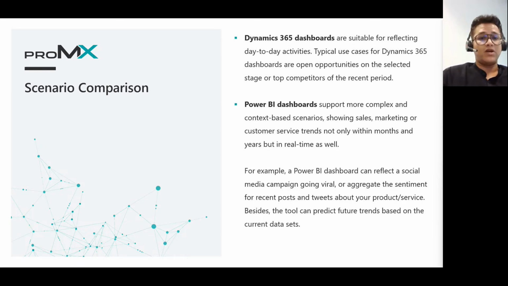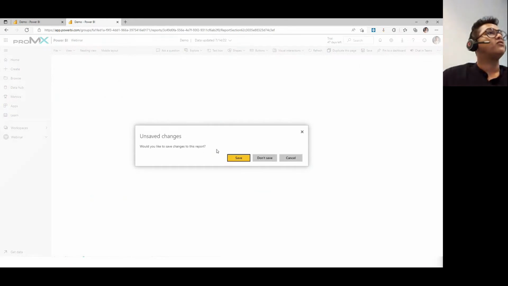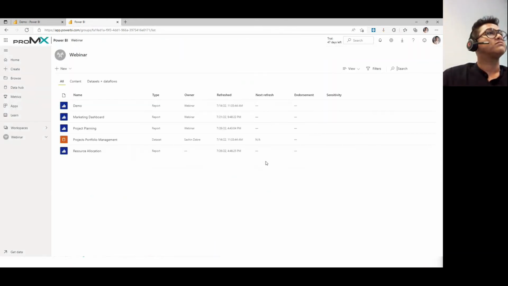Or before this, maybe I would like to show you some of the beautiful Power BI reports, not as a use case, but some of the scenarios that we can compare from there. So let me go to my Power BI page. Yes. So if I go back to my, I don't want to save this change. Okay. Well, let's go to the project planning